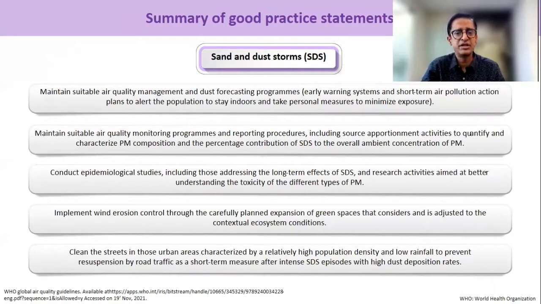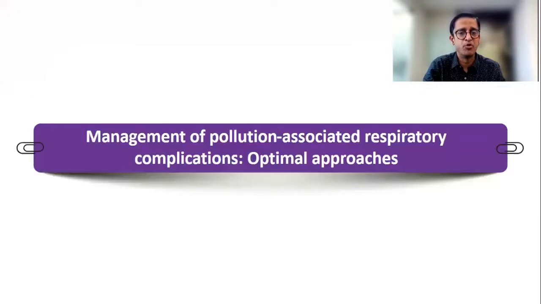The last point I mentioned is about sand and dust storms. Sand and dust storms is an emerging problem. It's an emerging problem everywhere, but especially in countries like the US, Africa, etc., where sand and dust storms are larger in number. There are again various strategies laid out in this document which look at reduction. This is a problem in India, but less so. And hence I leave it to your good devices to read through this WHO Global Air Quality Guidance to gain more knowledge on this. I finish off in the last 2 or 3 minutes discussing management of pollution-associated respiratory complications.